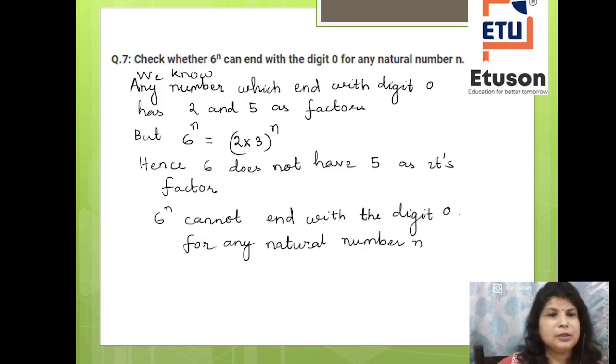Okay? Very simple. 6 का फैक्टर निकाल लो, देखो उसमें 2 and 5 है कि नहीं. अगर है तो वो इट कैन एंड विथ 0, अगर नहीं है इट कैन नॉट एंड. सो इट इज बिकॉज तुम्हारा फैक्टर्स ऑफ अरिथमेटिक में क्या पढ़े हो, हर नंबर का एक स्पेसिफिक प्राइम फैक्टराइजेशन होता है, स्पेसिफिक होता है जिसमें कोई चेंज होता ही नहीं है. करेक्ट और नॉट? सो 6 can only have 2 and 3 as factors. Correct? So according to that you can prove that 6 to the power n can never end with the digit 0. Okay children?